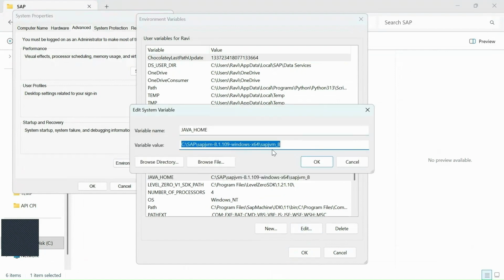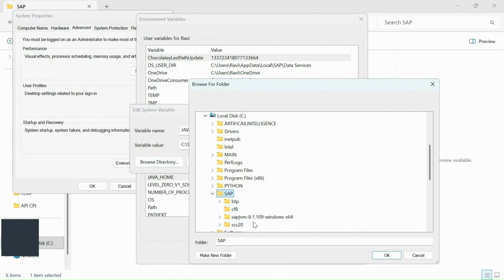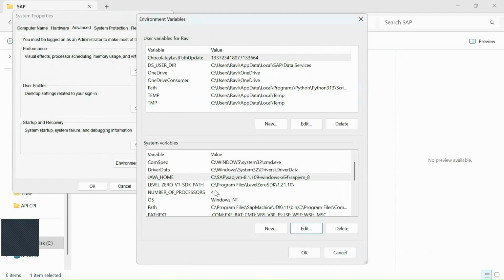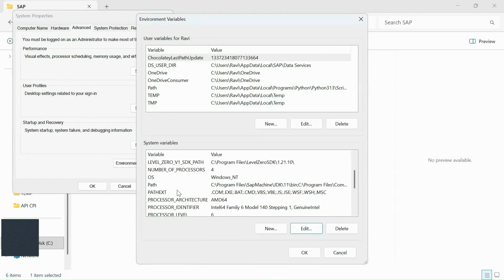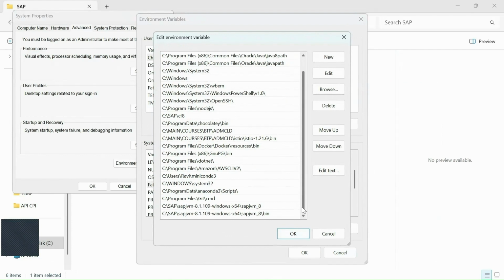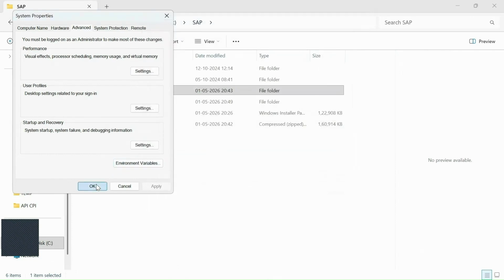Just click on edit, go to browse directory, go to C:/SAP and this folder, then SAP JVM 8. Now click on OK. When this is done, you can go to your Path and click edit. After that, you need to give the path of the SAP JVM_8 here, and next you also need to give the path to the bin directory. Fine, so once these environment variables are set,